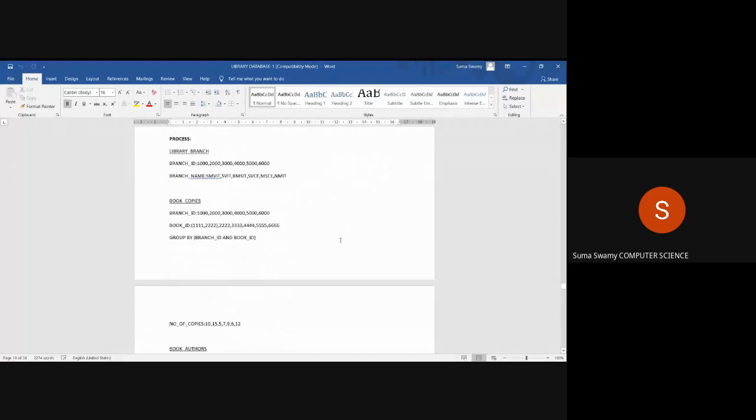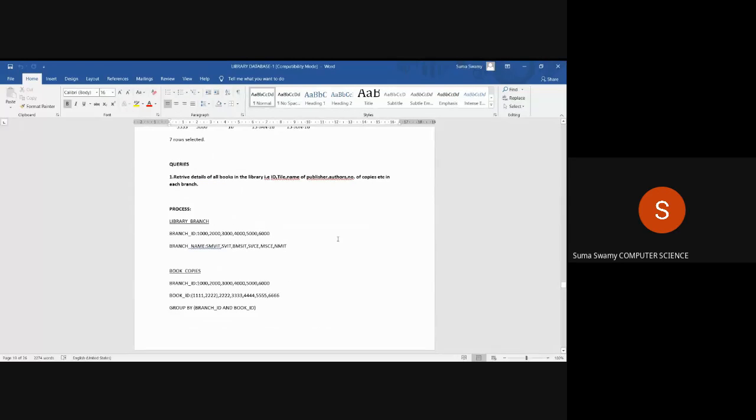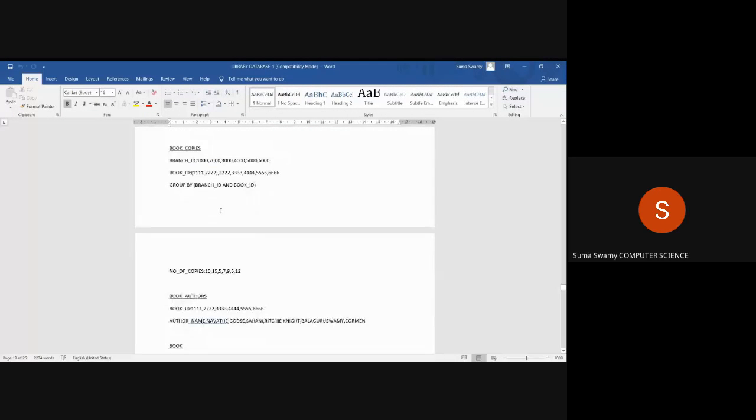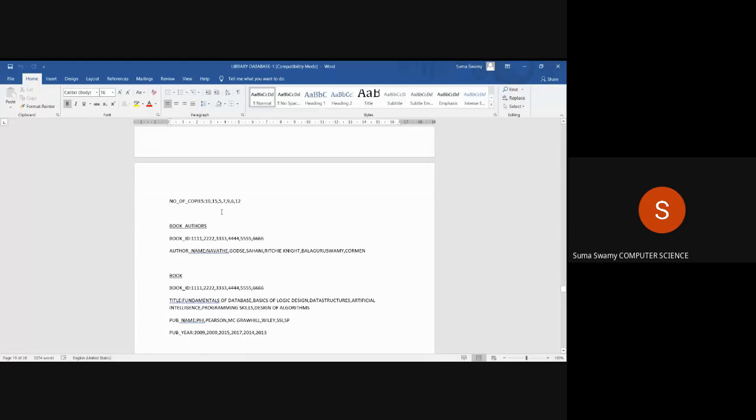Okay. So we had written the process. You understood why we are writing the process? To understand the attributes which are to be retrieved, we have to find out which tables are required and which table attributes we have to access in the order depending upon the requirement. That is the process. We have drawn the UML diagram also and we have checked for it. Now, I told you to write the output. Correct?